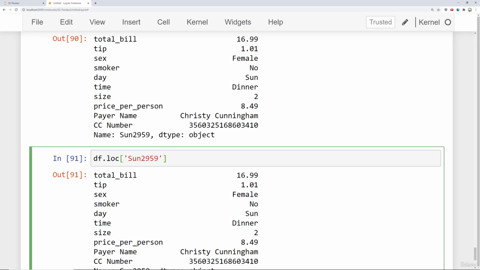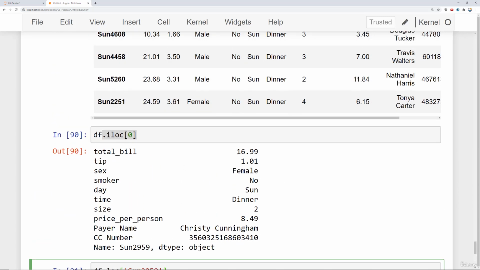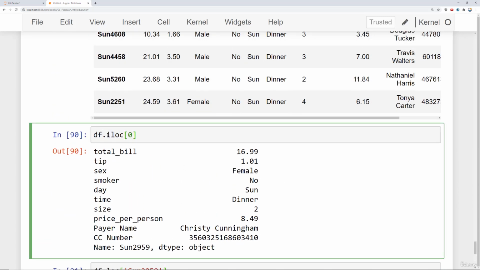Now let's talk about grabbing multiple rows. So for multiple rows, you have a couple of options here. Again, if we want to grab multiple rows based off of .iloc, I can actually use Python's slice notation for this. So what I can say is if I want to grab rows 0, 1, 2, and 3, then I can say